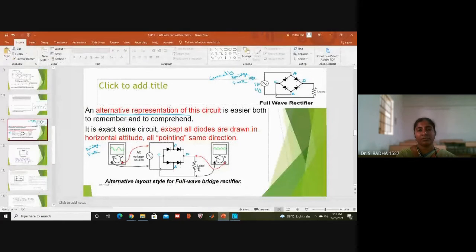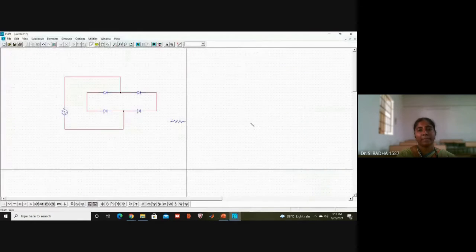Next, the resistor should be vertical. Then it should be connected to the left and right of the diodes. You have to take the wire, and the resistor should be vertical. I press Escape so the wire goes from the cursor, and I select the resistor. Here one icon is there, rotate. You click on it and the resistor will rotate. Select the resistor, then click on this icon, and it gets rotated.